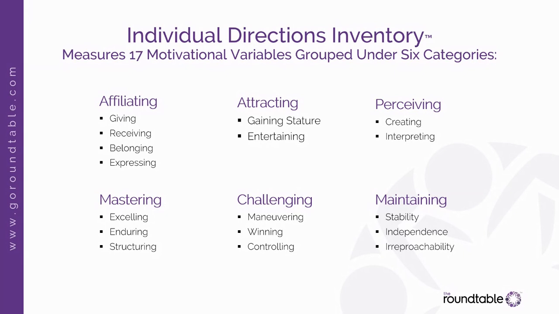All right. So should we look at the next bucket, which is mastering, which is what it sounds like, how we like to master our world. And there are 3 categories here. So excelling. Excelling is that high bar. The people who are high excelling really get a lot of energy from making things better. And at the very high end, 85% and plus, it's almost like nothing is ever good enough. So they sometimes have a very challenging time trusting other people to do as good a job as they would do. It's very hard for them to actually see people that they think can do a good job.